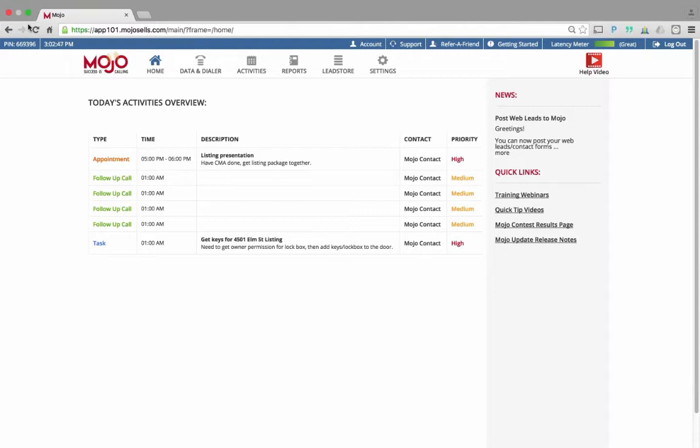And having the tools inside of Mojo is one thing to be able to follow up on this stuff, but knowing how to use them is another thing. And that's what we're going to talk about today. And at the end of the call, we're going to talk a little bit about follow-up bloat and one workflow idea to prevent that. And when I say follow-up bloat,